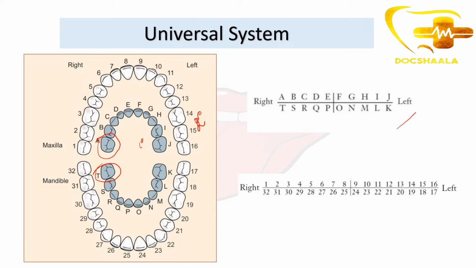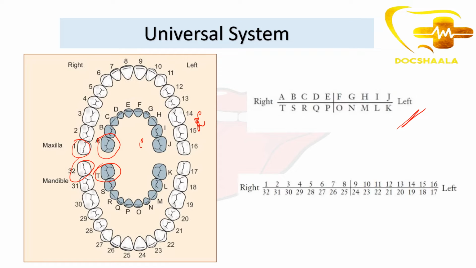Coming to the permanent teeth, we start with number 1, representing the maxillary right third molar, to number 32, representing the